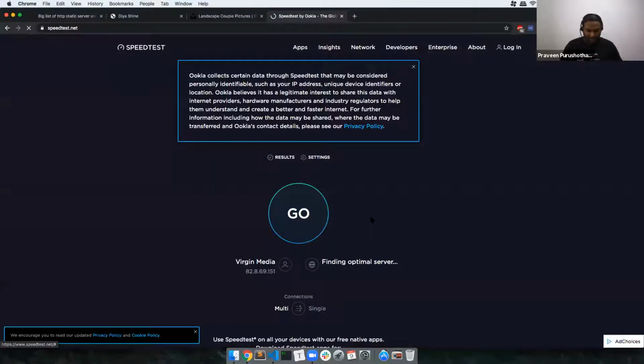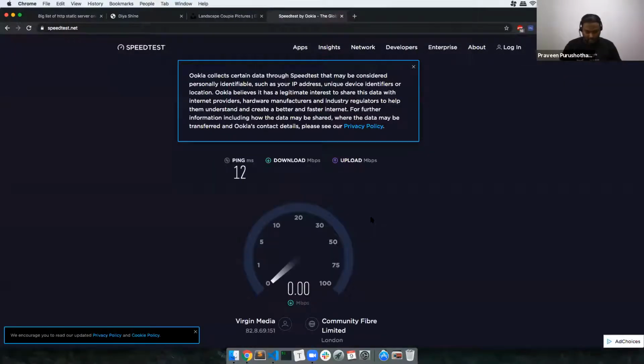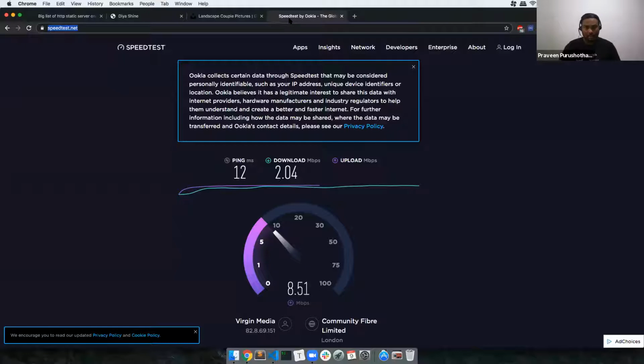Not sure if it is my machine or my network. Okay, that seems to be something wrong with my internet connection. I guess I need to restart the thing.